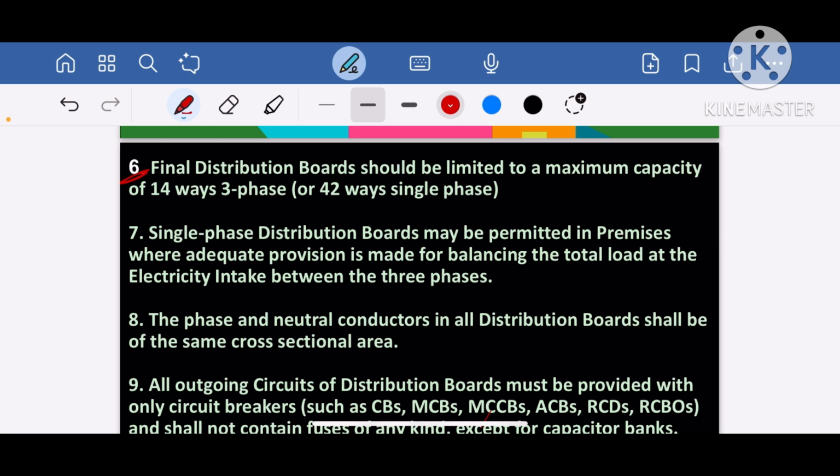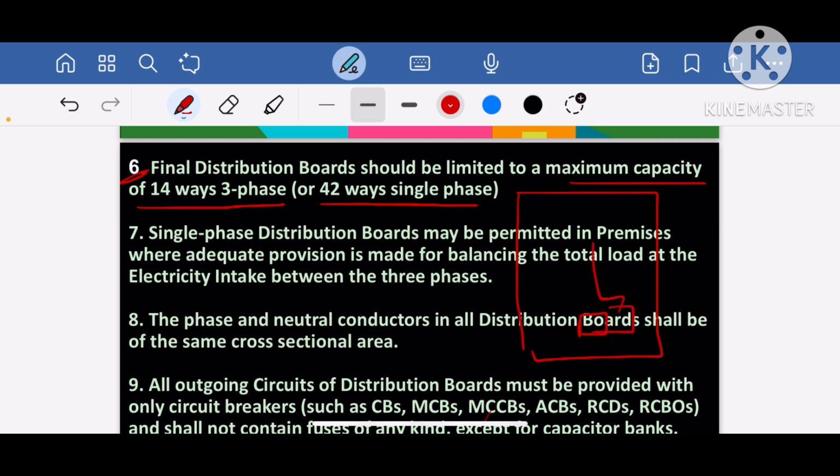Final distribution board should be limited to a maximum capacity of 14-way 3-phase or 42-way single phase. What does it mean? Suppose I have a final distribution board, okay, and it has two RCDs. Each RCD is controlling separate bus sections, and we have outgoing breakers. Okay, suppose this is one outgoing breaker, this is another outgoing breaker. Same way there will be an outgoing breaker. Suppose this is one section